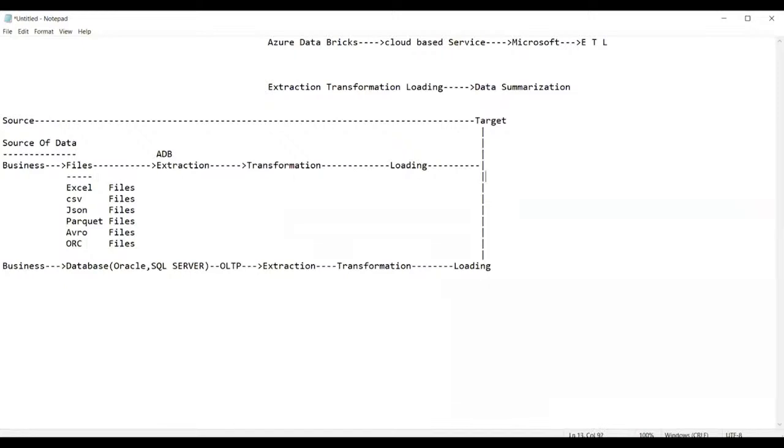Finally, the data reaches the destination. Target is nothing but what? It is called the destination. Okay, now, next one.